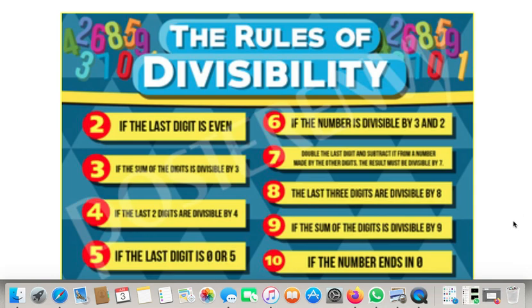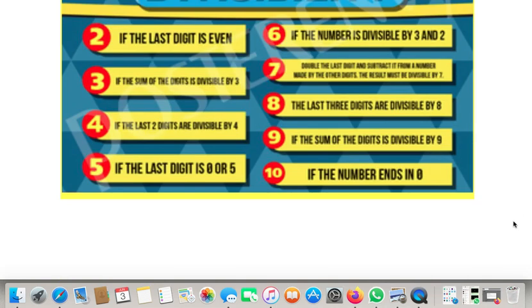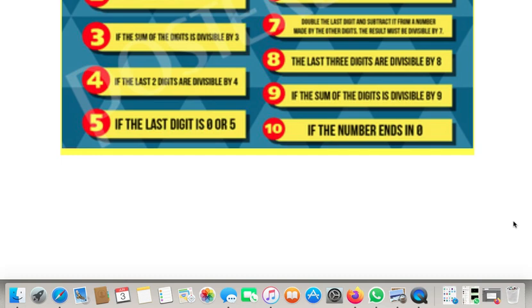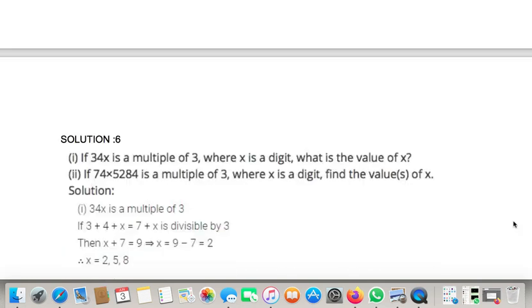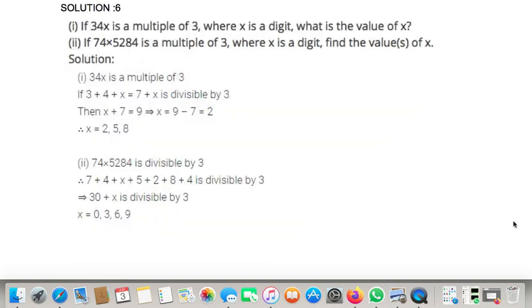Once the divisibility rules are written, write the heading exercise 5.3 playing with numbers. Start with question number one, solution 1, first part. Proper way method you are going to follow. Also, if you have any doubts, see the examples the way the questions are done. I want it with the complete statement the way I explained you. You can see the video twice because I have explained you question 1 to 5 first part. 6th question is classwork for the day, so this I have explained you.